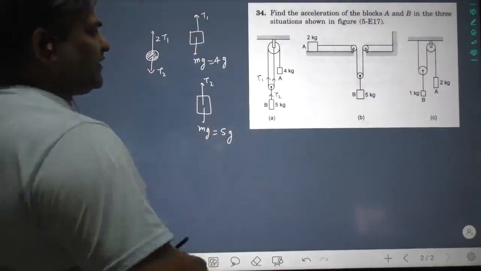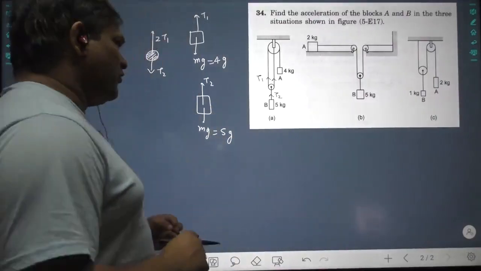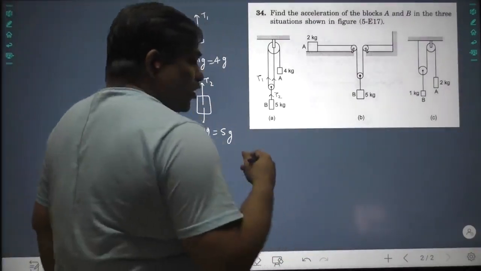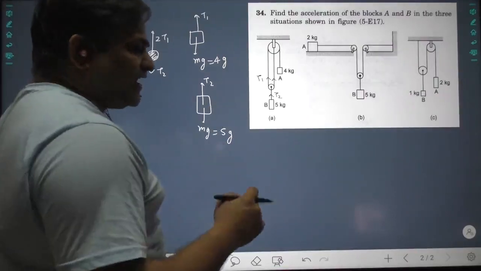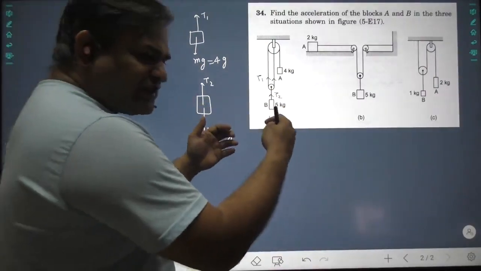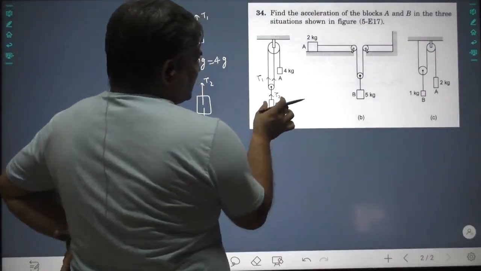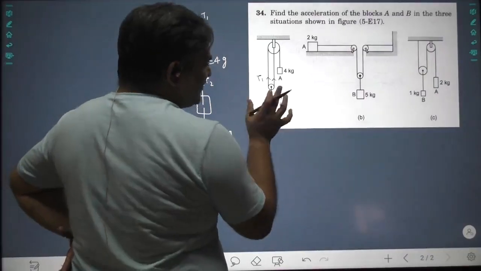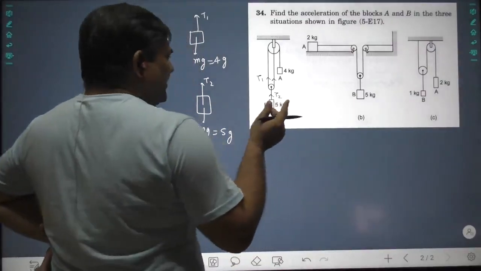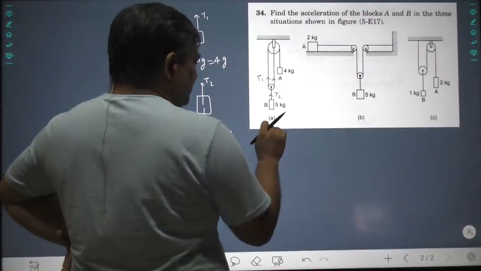Now, in different situations you have to analyze, and there are different ways of analysis. Let us write down the acceleration of this and this. Assume any acceleration or get a relation between lengths. The relation between lengths on differentiating gives a relation between velocities, which on differentiating gives a relation between accelerations. Now consider this 5 kg object moves x units downwards. Please understand, it is very easy. It is common sense: 5 kg is definitely greater than 4 kg, so this will move downward.